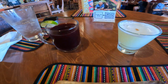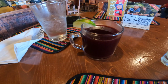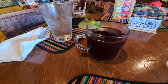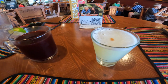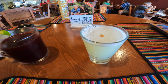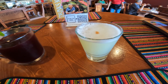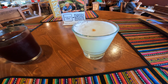Okay, I'm inside, and I ordered 2 drinks. This one is the Chicha Morada, and it is just some fresh pineapple and cinnamon and apples and a bunch of stuff like that, and it's really refreshing. It's really good. And then, I'm not an alcohol drinker, but when in Rome. So this is the national drink of Peru. It's called a pisco sour. I had one once in Peru. Again, I'm not an alcohol drinker, so it wasn't my favorite thing, but it was pretty good,